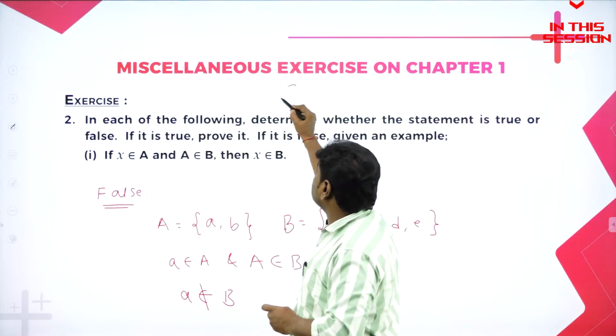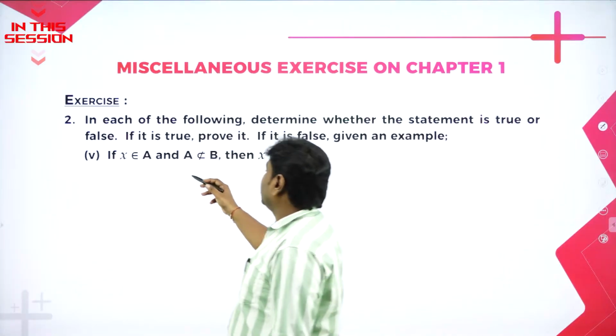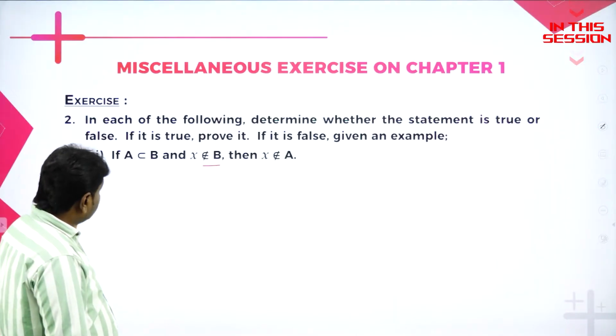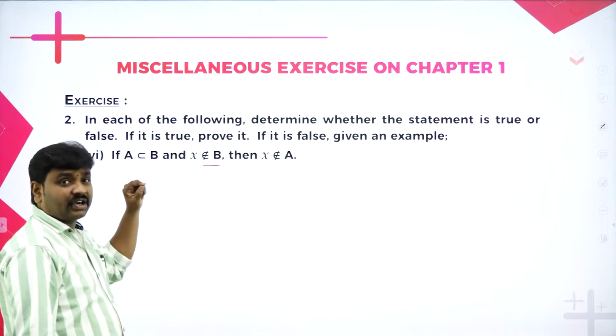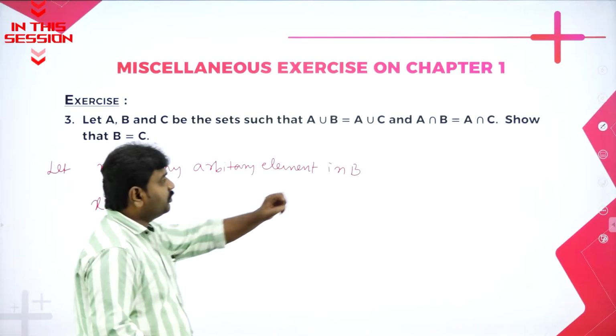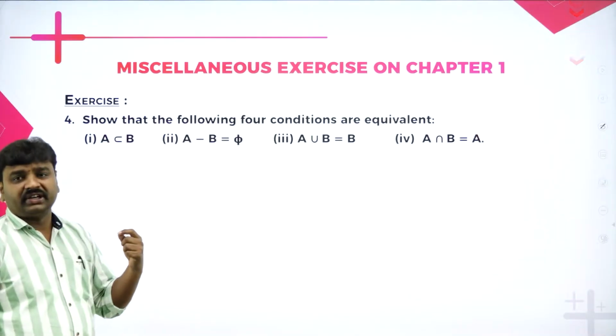In miscellaneous, critical thinking is required. So you should know what belongs to means. So X belongs to A and X is not a subset of B, then X belongs to B. But if X is not in A, because A is a subset, it should not be in B. But you know very clearly, A intersection B they gave is same as A intersection C. They want you to prove all four as what? Equivalent.